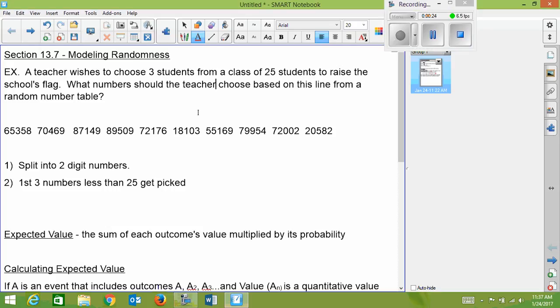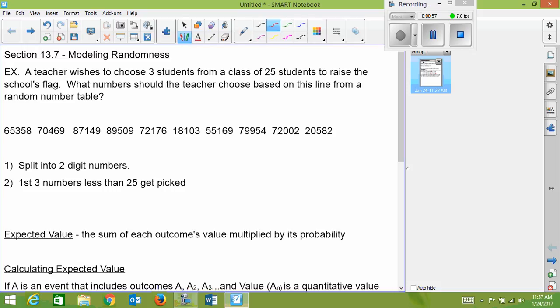So I have 50 numbers here, and the reason I have 50 is because there are 25 students, and because some of them are going to be 2-digit numbers, they all have to be 2-digit numbers. So there are 50 numbers here broken into 2-digit numbers. There's 25. Okay, so I need to look at each 2-digit number, and since the key number there is 25,